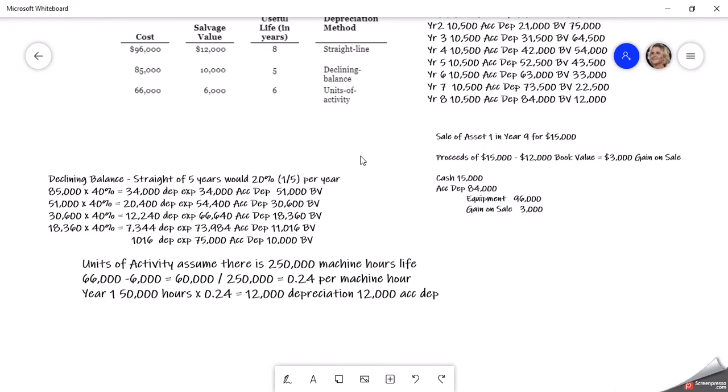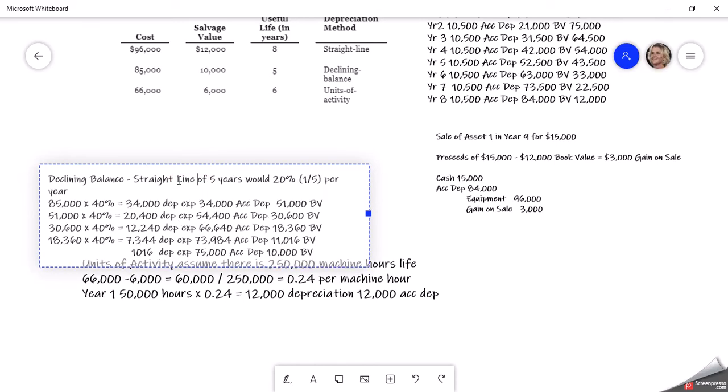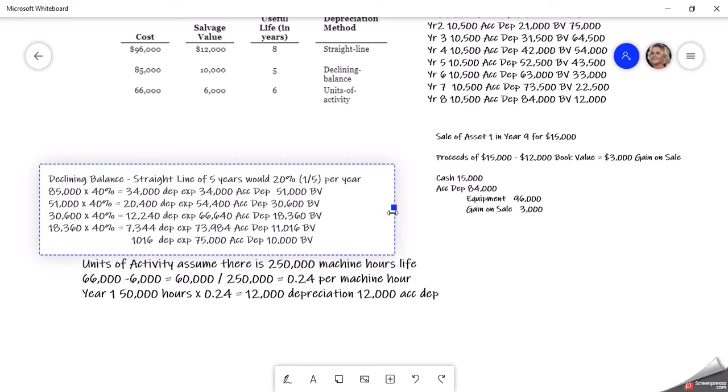So that's kind of the first little scenario mapped out. The other ones I won't quite do to that detail, but the declining balance, again, I already mapped it out to save time. Basically, the declining balance is twice what your straight line is. So if my straight line depreciation is 5 years, that would be 20%. And how I calculate that is take 1 year divided by 5. So that's where I get that 20%. So then you take each balance. So I start with 85,000 times 40%, and then that gives me